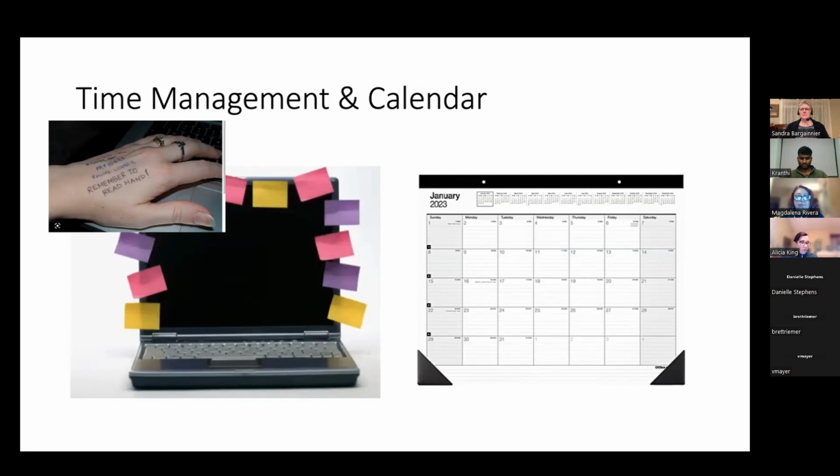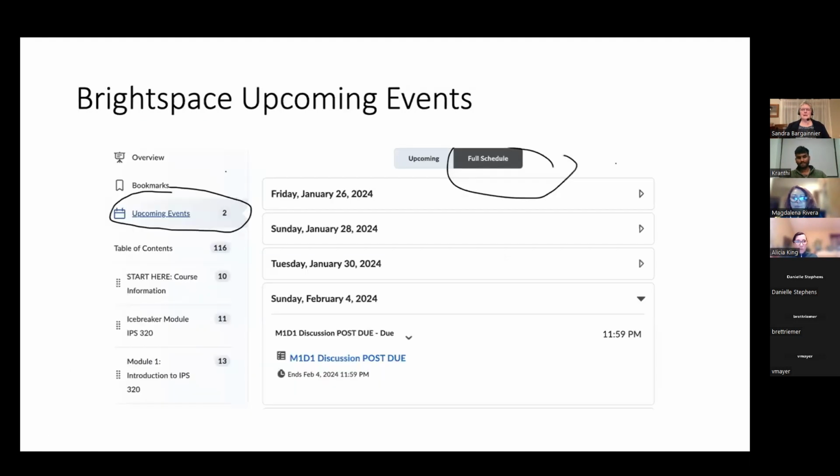Some people manage with Post-it notes. Some people think they can keep it in their head. Some people write on their hand. I've been known to do all three of those. So what works for you is important, but what is really important is you have to keep some type of calendar. Speaking of calendars, if you go into Brightspace, and this is my screen, in the left-hand menu over here